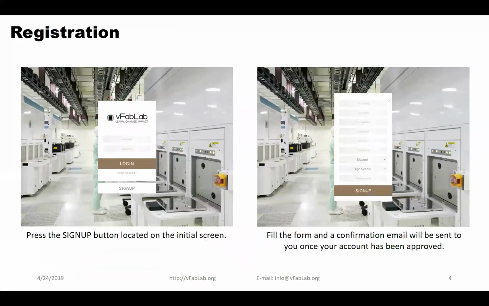So whenever someone goes to the vFabLab.org site, there is this whole page where they should be looking at a specific interface where someone has to press the sign up button located on the initial screen and fill out the form, which will include the first name, last name, email address, a password that will be determined by them,